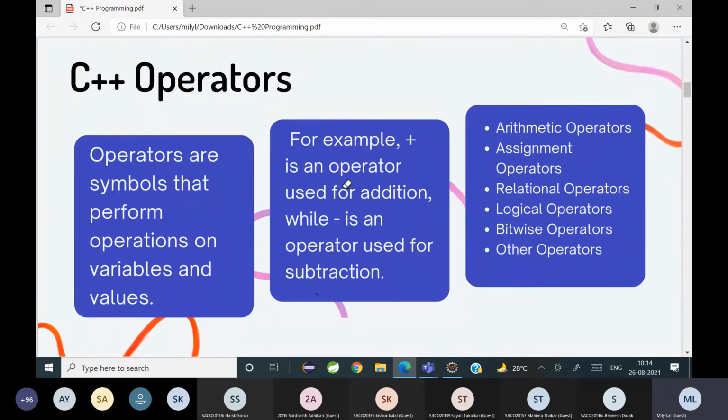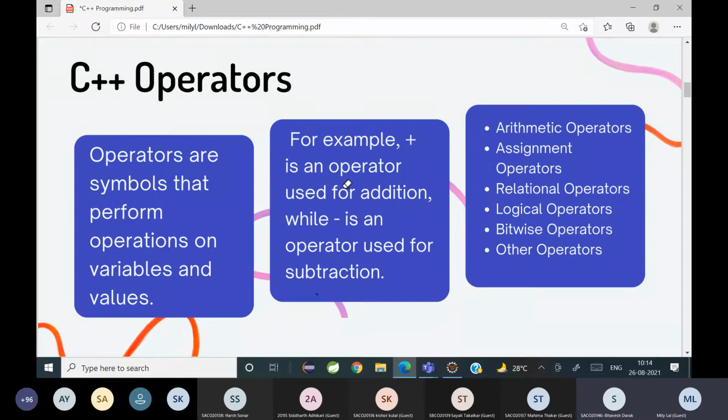C++ operators. Operators are symbols that perform operations on variables and values. Why are we saying variables and values? Like somebody said at the beginning, A plus B. What are A and B? Variables, identifiers.